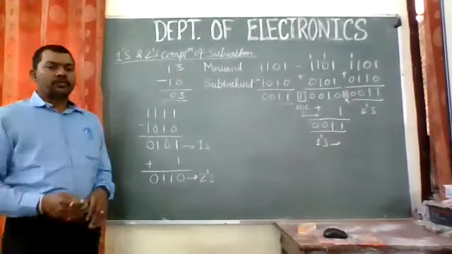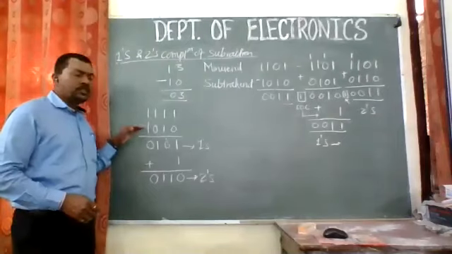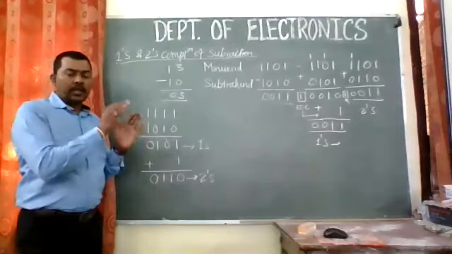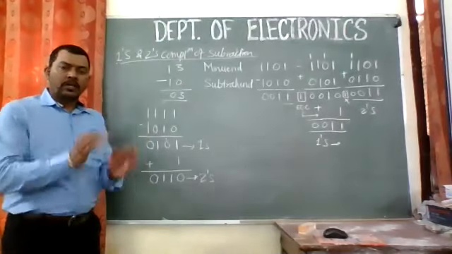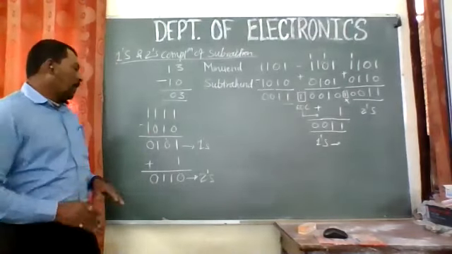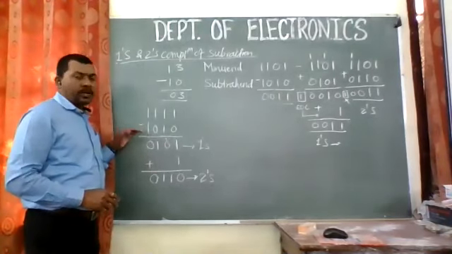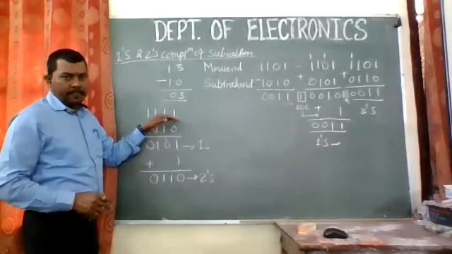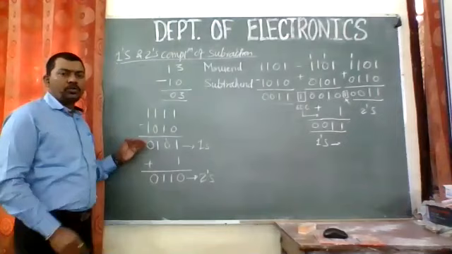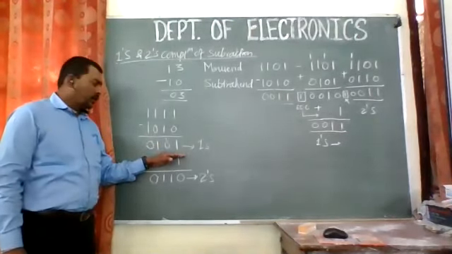In ones and twos complement, we take the ones complement of the subtrahend. The minuend will be kept as it is. I've given you the notes. Go through those notes; all the steps for how to find the ones complement and the twos complement are mentioned there. For ones complement, subtract the subtrahend from 1111. When you subtract this, it is just the replacement of zeros by 1 and 1 by 0. So we'll get the number 0101, right?